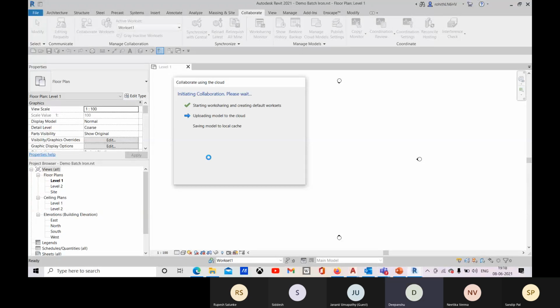Sir, for this, we all need to have the same version. Yes or no? The same version of Revit, right? Yeah, Revit, like you are doing, yes, 2021. Right, you need the same version.